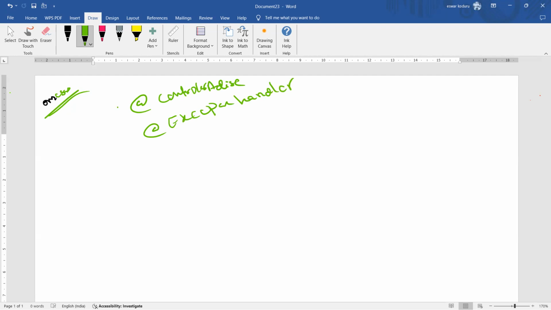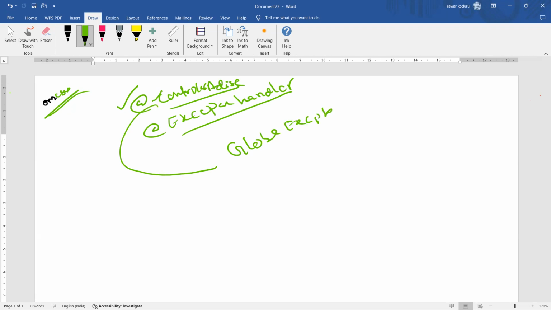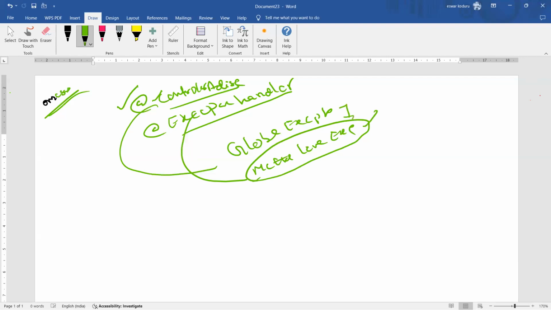Now, controller advice and exception handler. What is this? Controller advice is nothing but the global exception. Global. This is the method level exception. Method level exception. That means wherever you have exceptions, we need to write them within that global exception handler only,